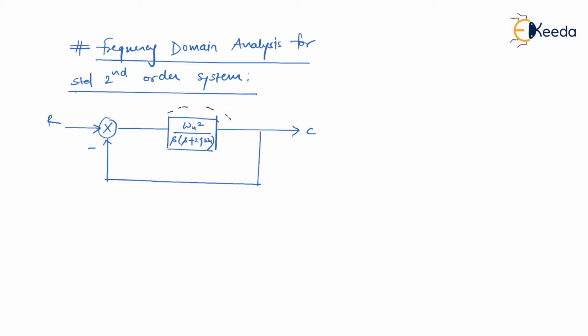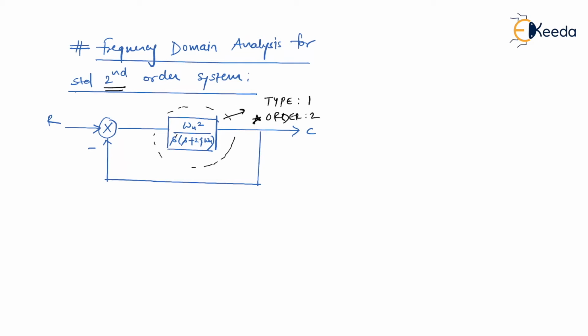If you look at this system carefully, the loop gain G(s) H(s) is 1, since it is a unity feedback system. The type of system is 1, that is nothing but one pole at origin. And the order, that is the highest power of s in the denominator of the loop gain, is 2. Obviously, the type is not important here. What is important over here is the order number, and that's the reason why it is called a second order system.